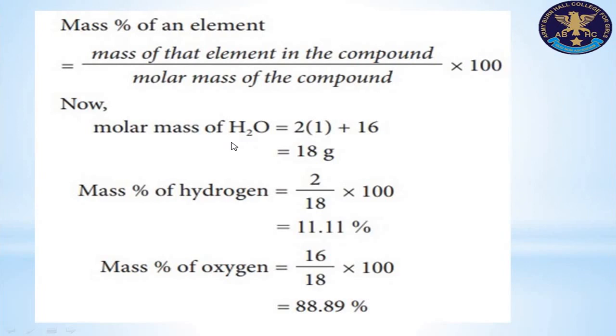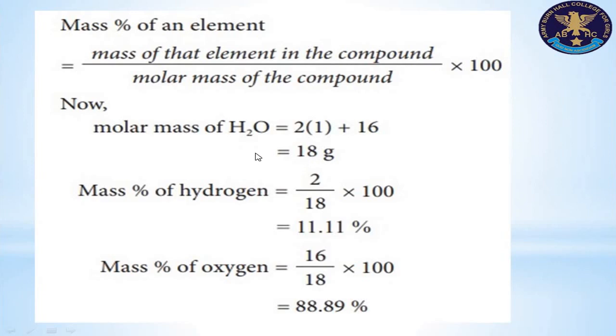I have taken the example of water. So following step 1, you have to calculate the molar mass of water, which is equal to 2 into 1. This 1 is the atomic mass of one hydrogen atom, but here we have this 2 written along with the hydrogen atom. So this is 2 multiplied by 1 plus 16. This 16 is the atomic mass of oxygen. So the overall molar mass of this water molecule is equal to 18 grams.